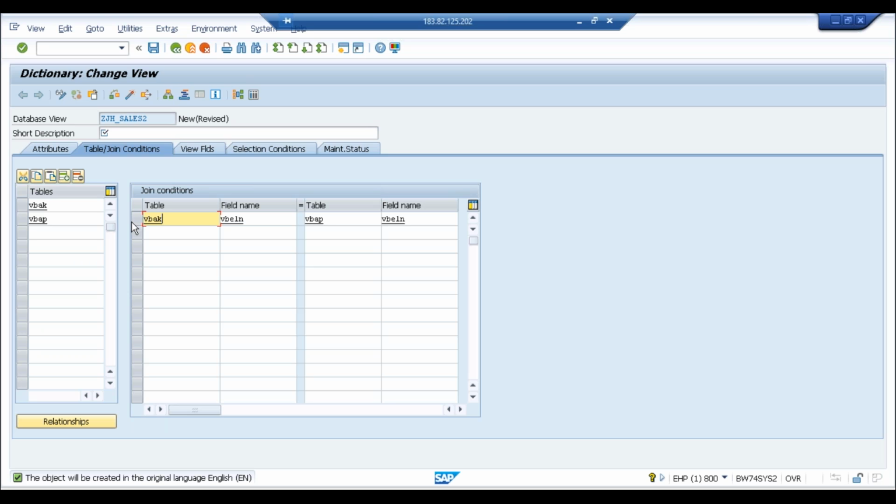Yamuna, if it's clear till here, I'll go further. Yes, till now it is fine.